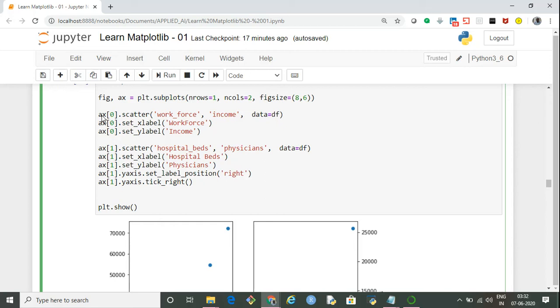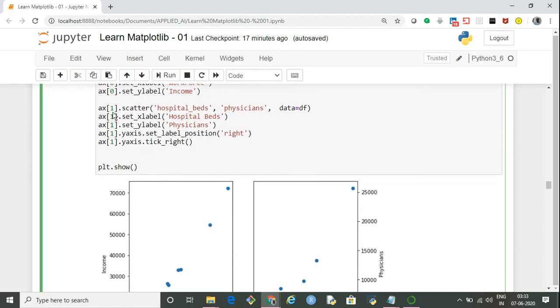So for the first plot, the axis will be represented by ax with the index 0, and the rest of the things will be the same: we are specifying the scatter plot between these two variables, workforce and income, and setting the x label and y label. Similarly for ax1, we are specifying the scatter plot between hospital beds and physicians, and we are setting the x label and y label.